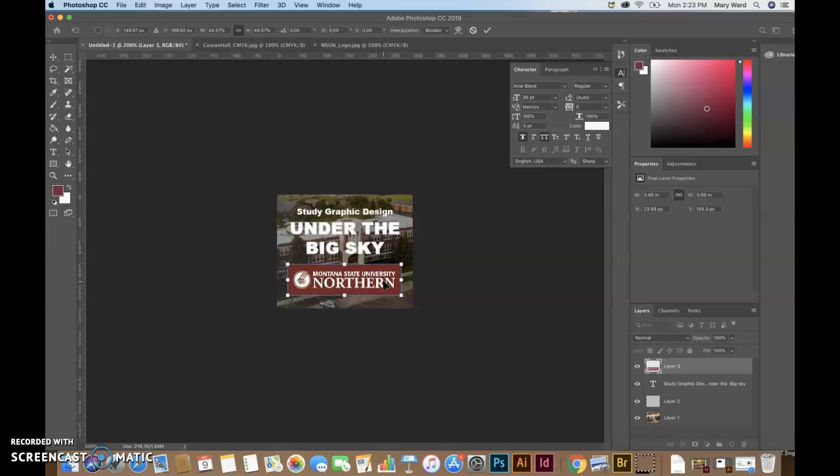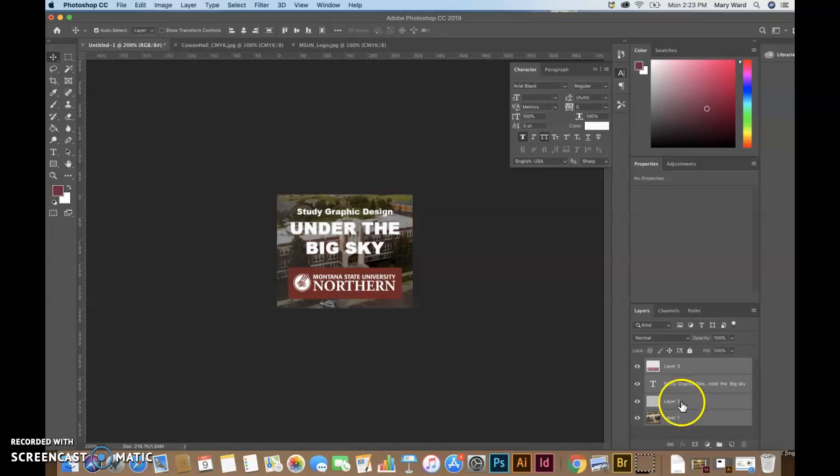We can use our keyboard to gently nudge it, tweak it a little bit ever so slightly. So that's looking pretty good. So what we're going to do now is push Shift and hold it down and then click so that we get all of these. And you can do them one at a time too, but you have to hold down Shift the whole time. And so all of them are highlighted, and we are going to create a new group